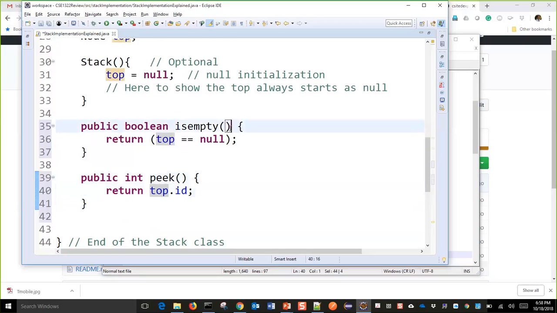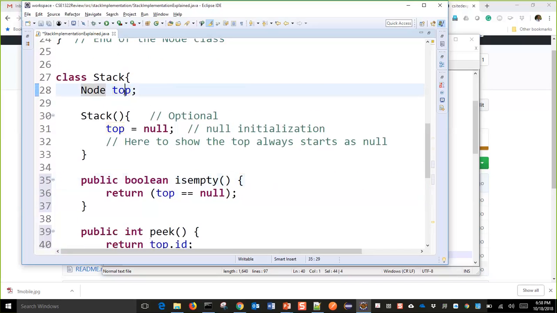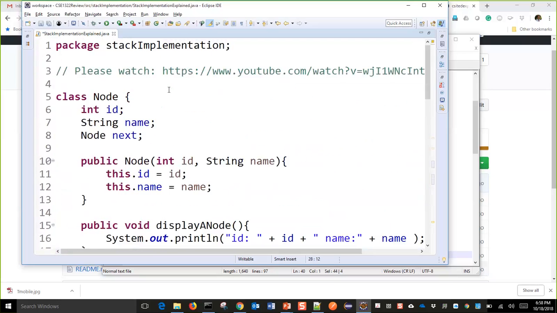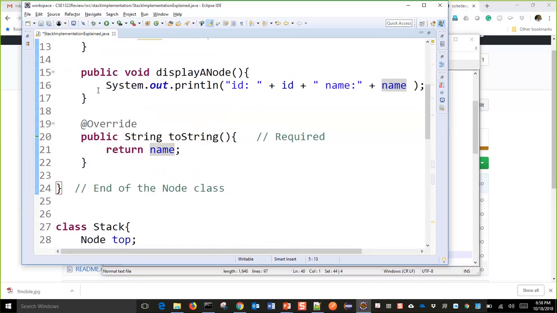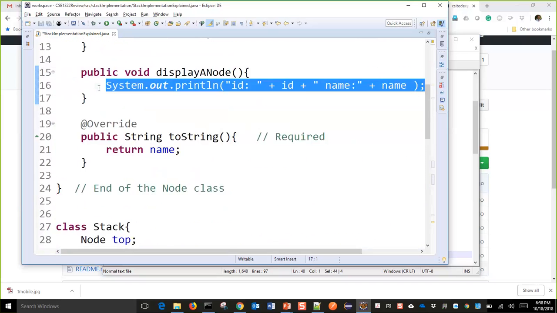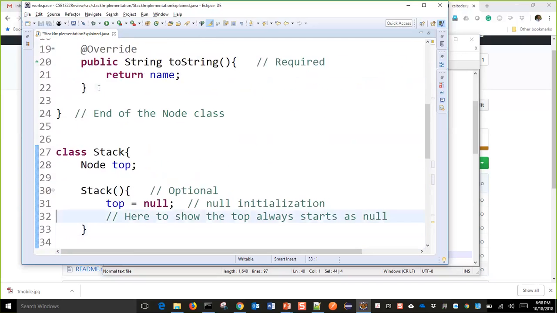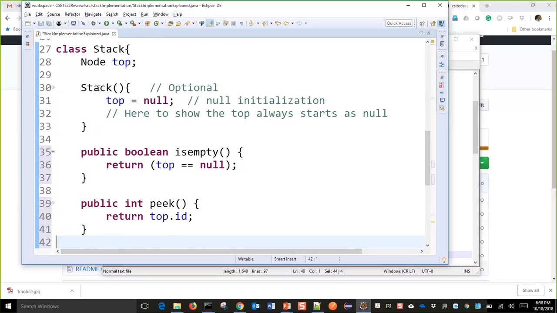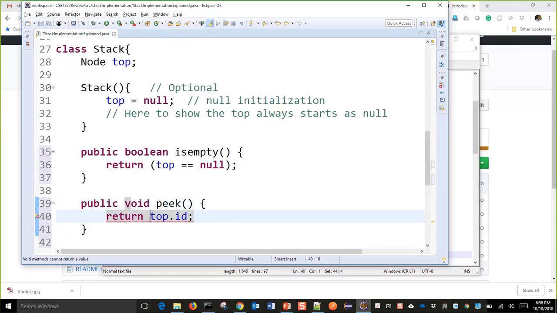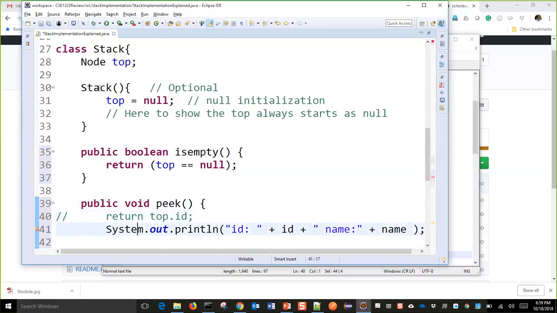What is top? Top is a node, right? A node has an ID and a name, right? You can do anything. In my peek method right now it is returning the ID, but instead of returning the ID, you can say void, and then you can say the top element has